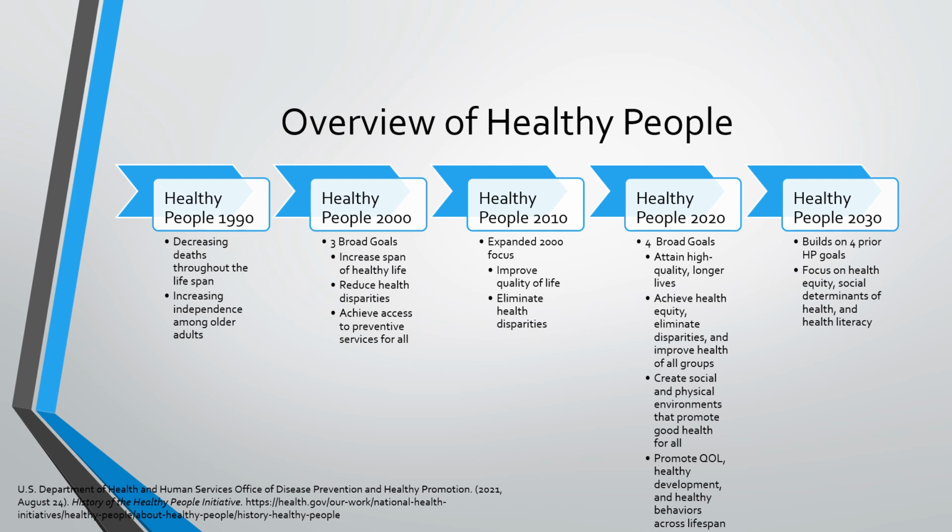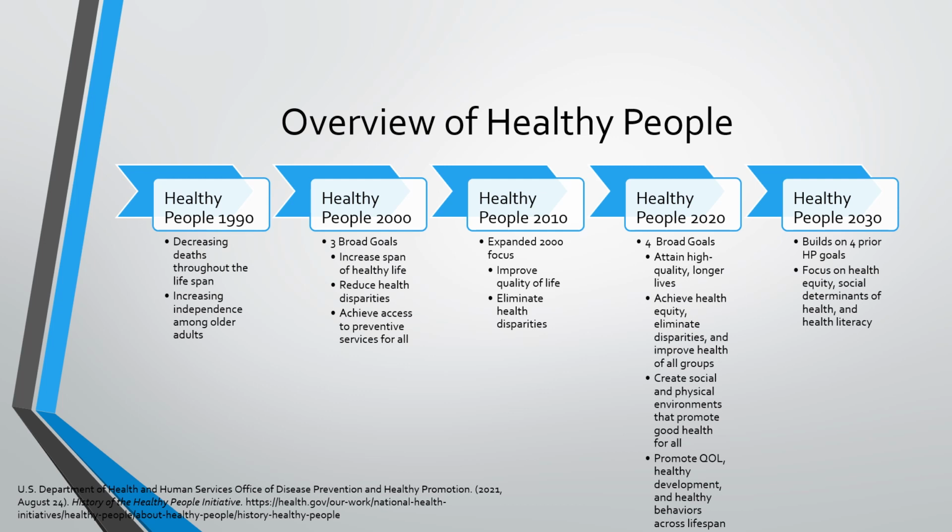And so the first iteration, which was introduced in 1980, was Healthy People 1990. So again, it's always 10 years ahead, so goals for the next 10 years. So that 1990 iteration was looking at decreasing deaths through the lifespan, so increasing life expectancy, and then also independence